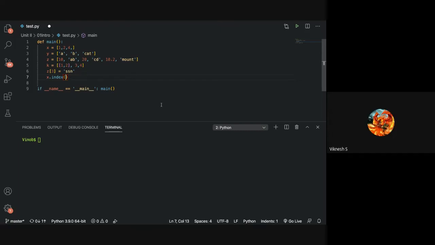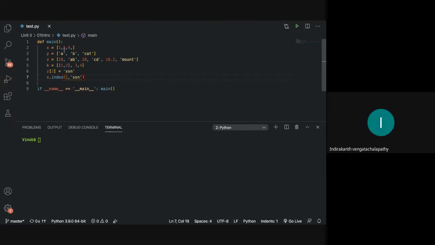2 comma SSN. Second position is 1 comma SSN, right? Sir, I said in the index position 2. Yeah, index position in programming languages starts with 0, right? Oh, yes, sir. So if I say 1 comma SSN, where will be SSN?